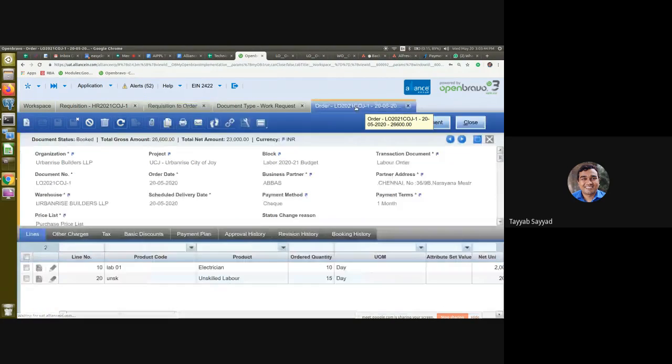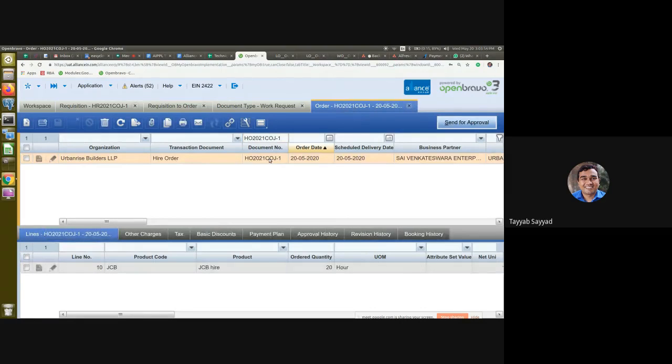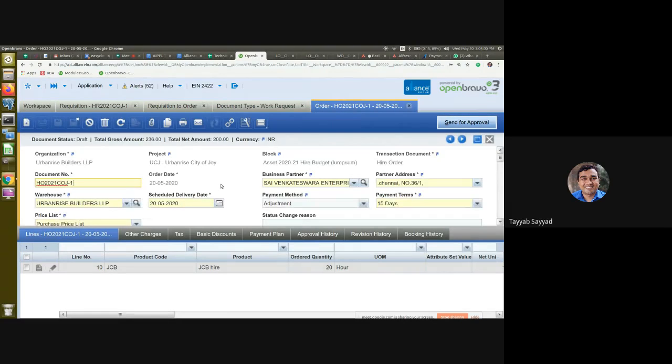I'll go to the order screen again. I'll enter the document number of the hire order, and it will show me the hire order for Sai Venkateshwara Enterprises. Okay, so all the payment types of Sai Venkateshwara will come from the master, whatever you define.